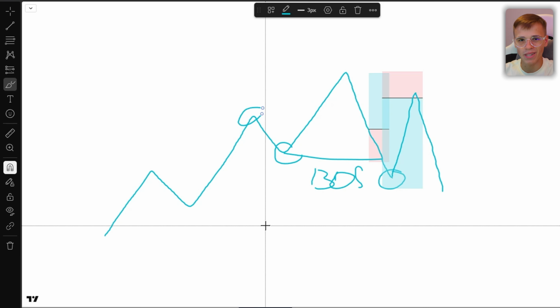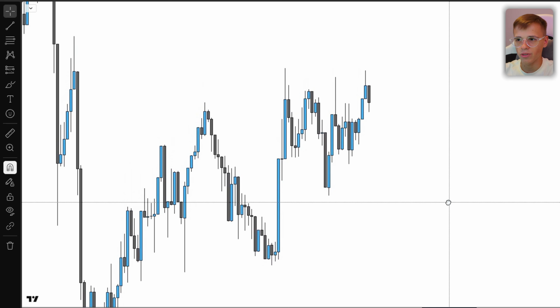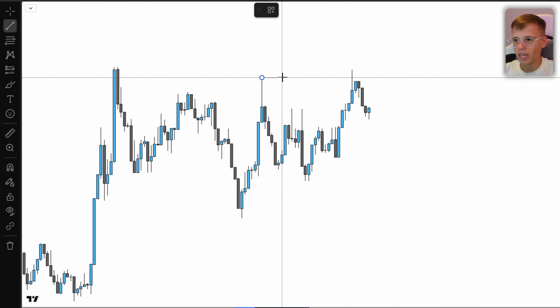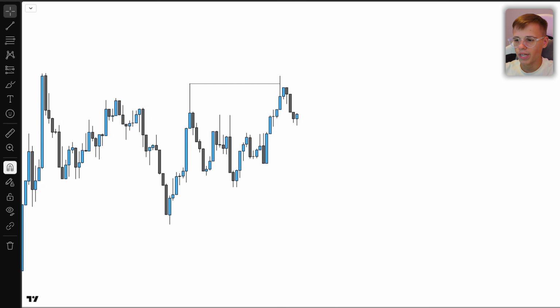I don't know how to explain it better. Okay, so now when you know what liquidity is, I'm going to explain some kind of example on the chart. So on the chart right now, everything seems normal, like you can see a swept liquidity right here. And now you may ask, what is the market going to do next?